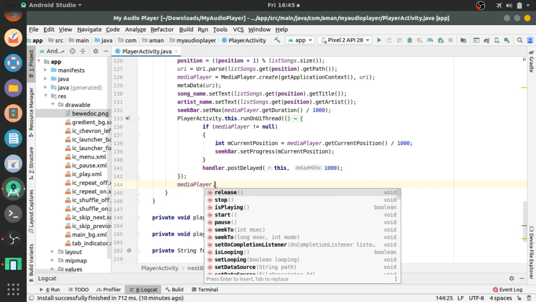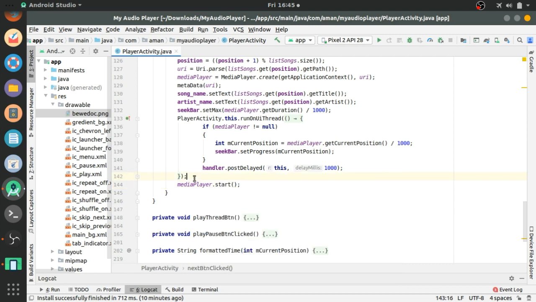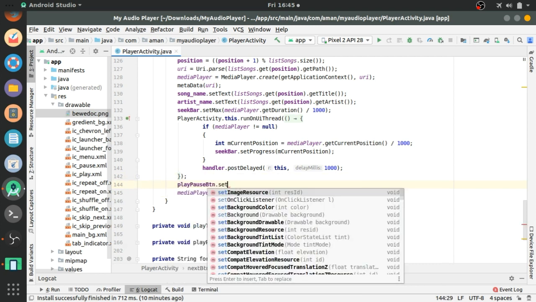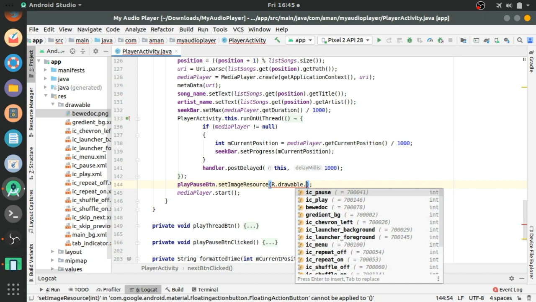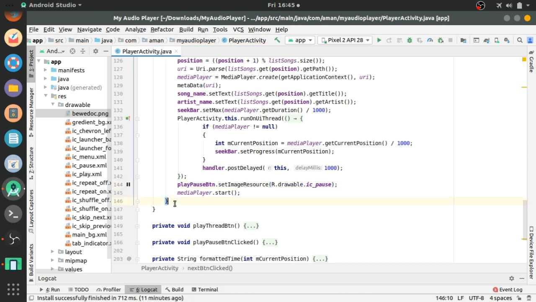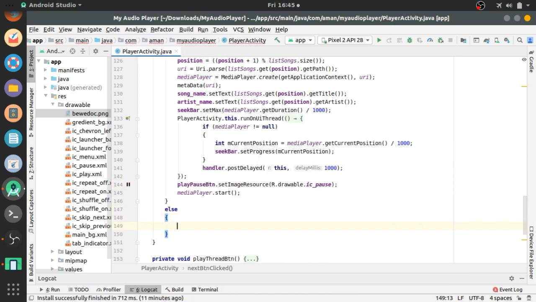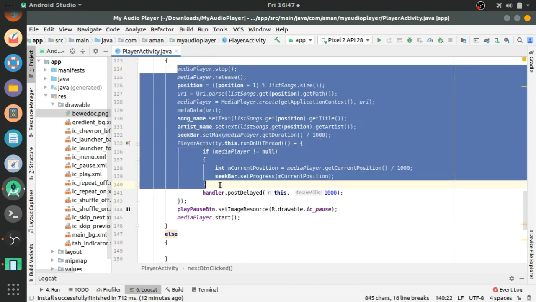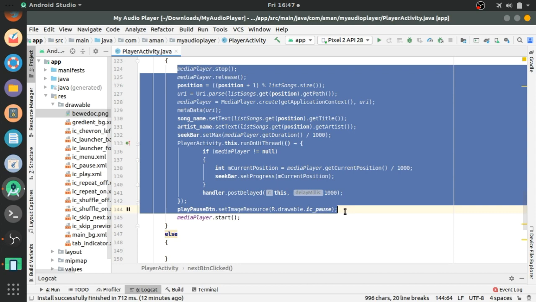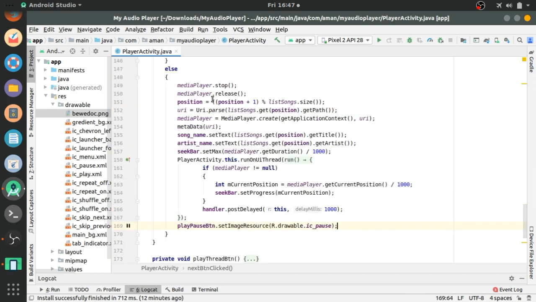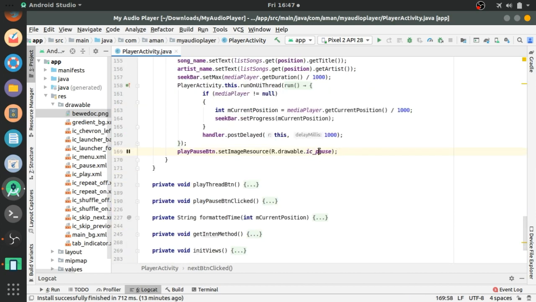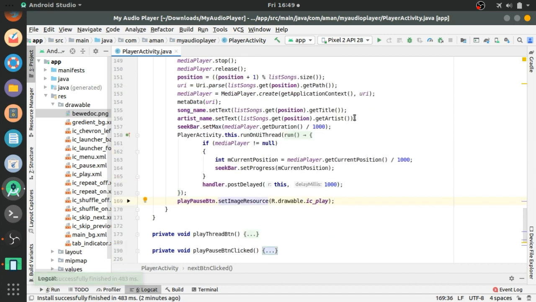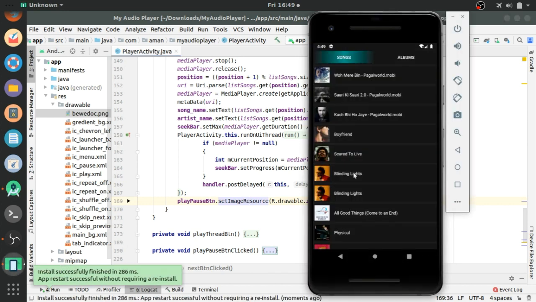And after that mediaPlayer dot start. Before this, let's set the image resource for the play pause button, that is R dot drawable dot ic_pause. This if block is completed, and in the else block we will copy these statements before mediaPlayer dot start and paste them here, and just change this ic_play to ic_pause to ic_play. And let's run the app again and see.